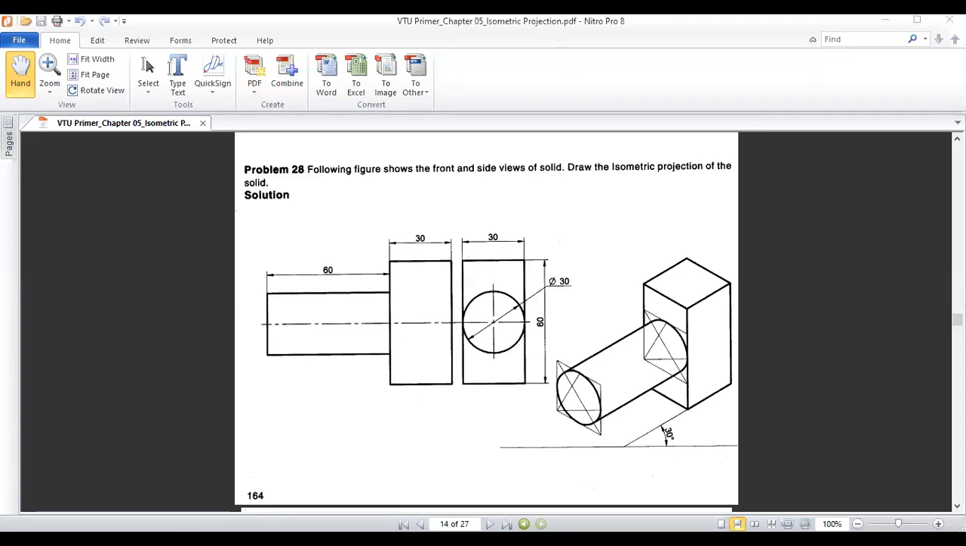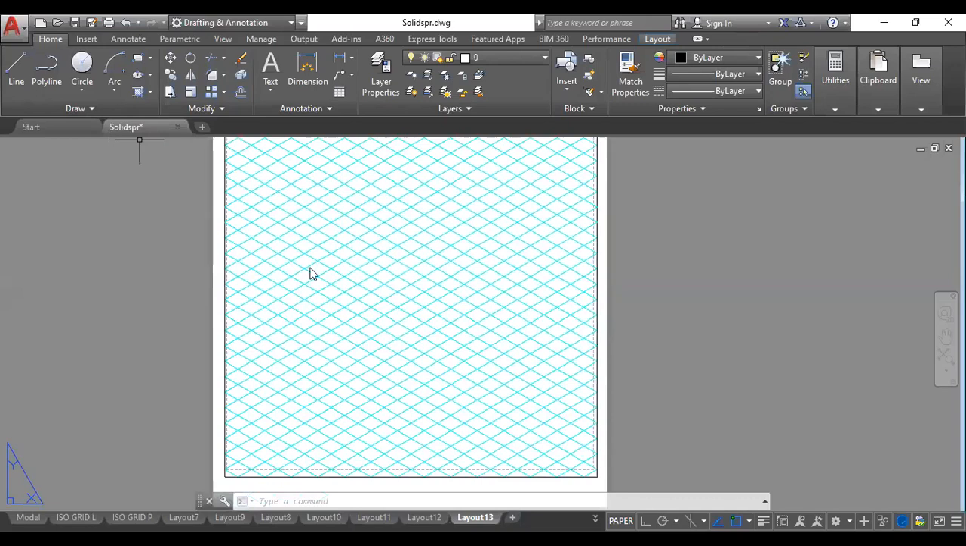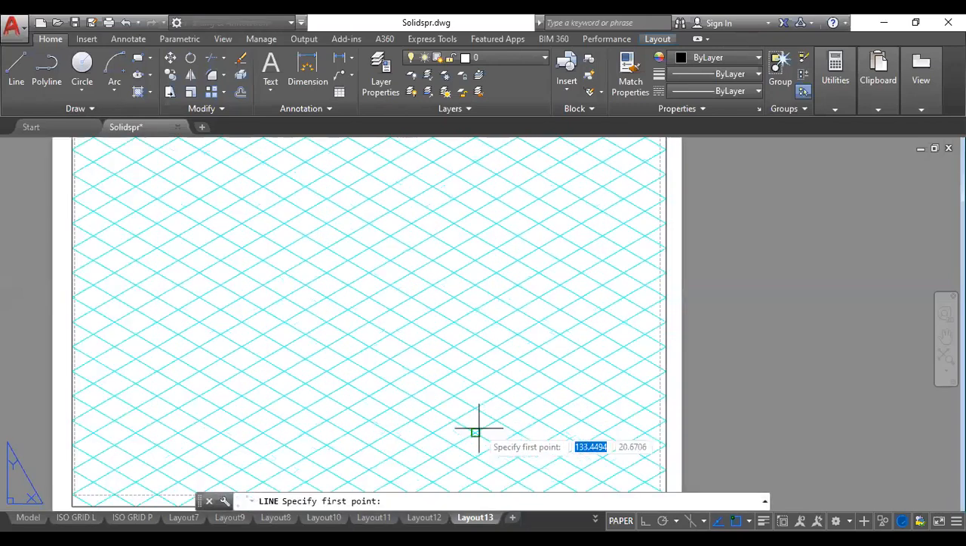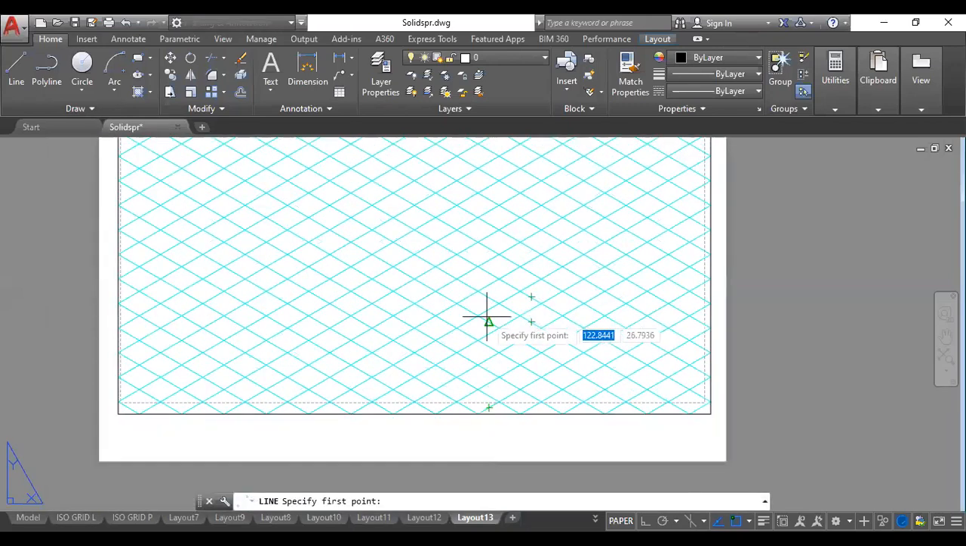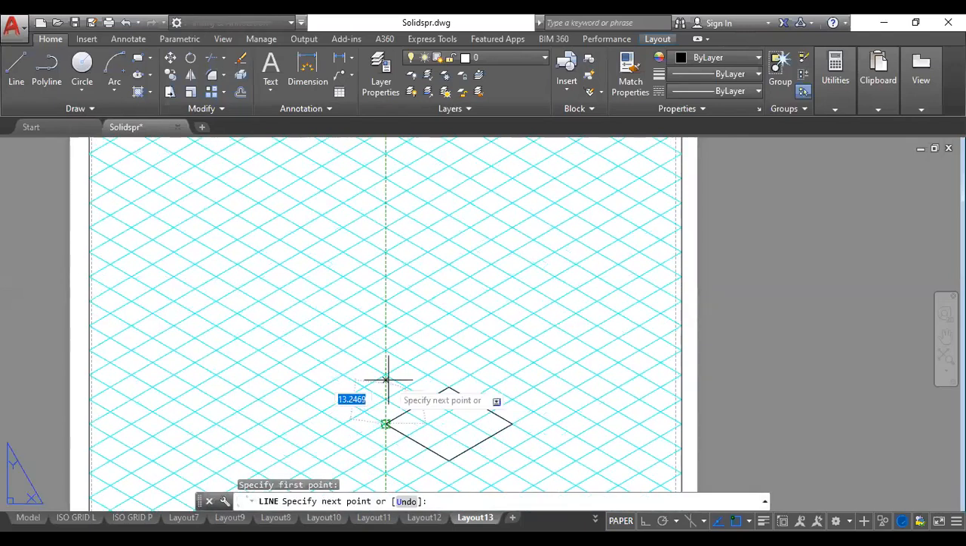So first we will draw the square prism of 30 by 30 and height 60. I'll start from this side. Okay, so from here it's a 30 by 30 box. So 30, 30 and 30. Then height is 60. So from each corner I have to go 60 height, 30, and this is 60. So from each corner 60 I will go